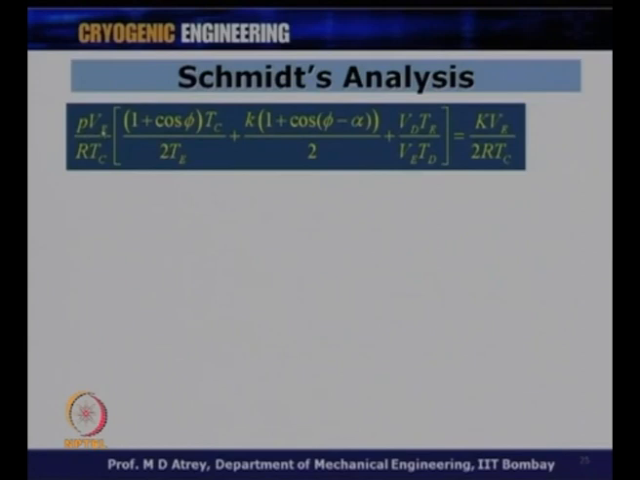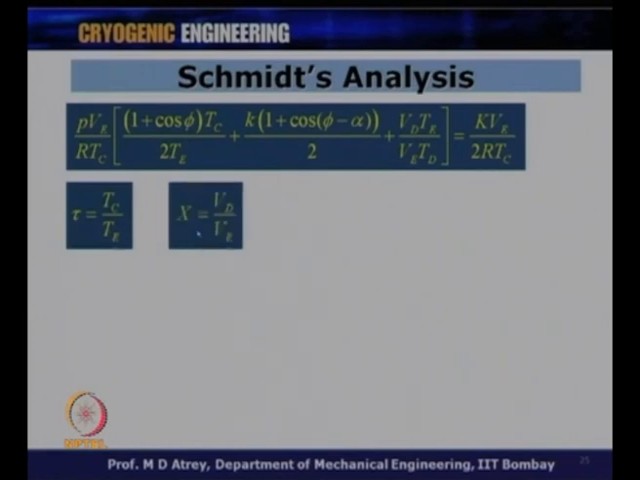We know that there is no Pe, Pc and all that, so P can be taken common, Rtc can be taken common, and Ve also can be taken common. My entire expression now will look like this: 1 plus cos phi, Tc upon 2 Te, where Tc upon Te is nothing but tau. Then K will come into the picture, and the phi minus alpha term will come in for the compression space variation. Then we have the dead volume, which we take at a mean temperature. This is the constant times Ve upon 2 Rtc, then putting the value of Tc upon Te as tau,